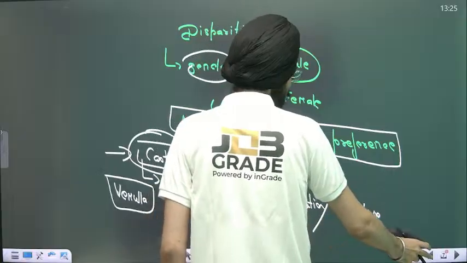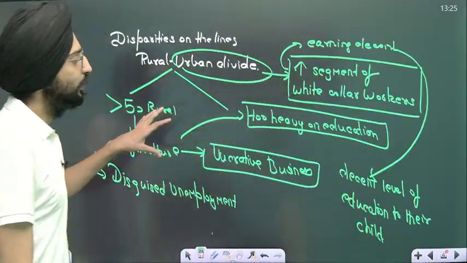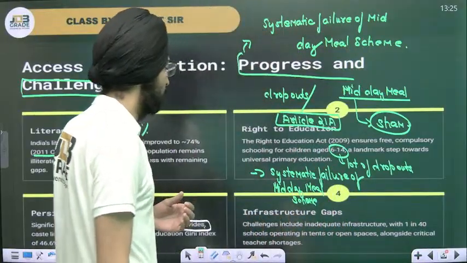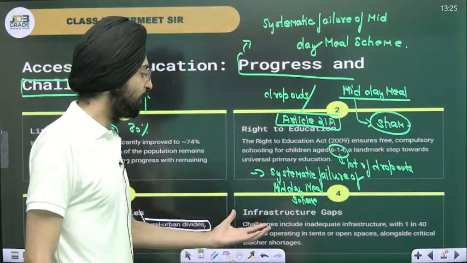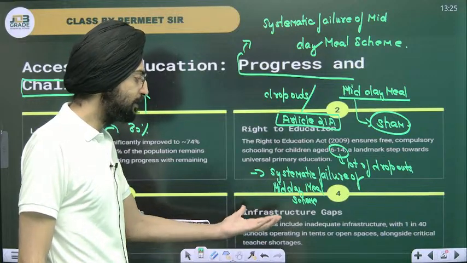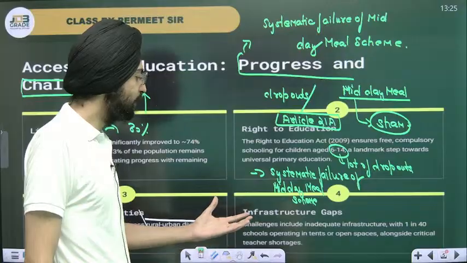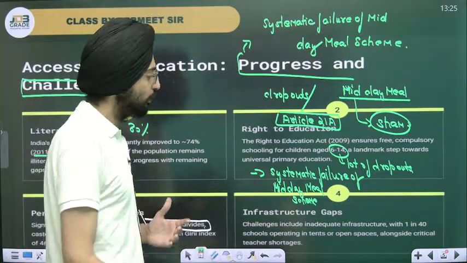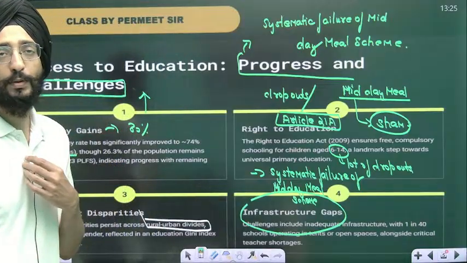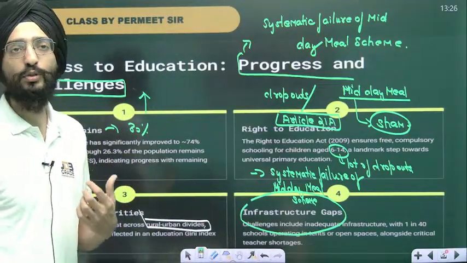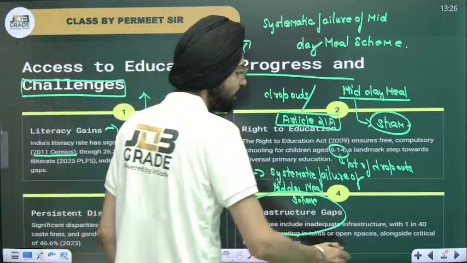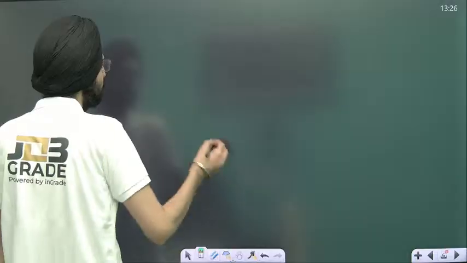Okay. So there have been disparities along these lines. Again, infrastructure gaps. Challenges include inadequate infrastructure, with 1 in 40 schools operating in tents and open spaces alongside critical teacher shortages. That's the major problem. Why has there been a gap in the education sector, why has education not been given much priority, or why has there been a rise in dropouts in the early education system? The point is, there has been a